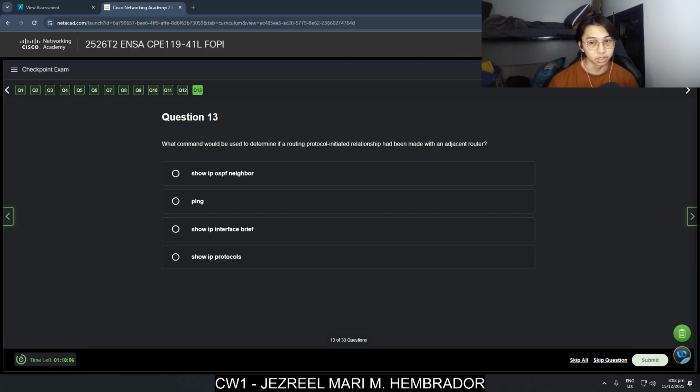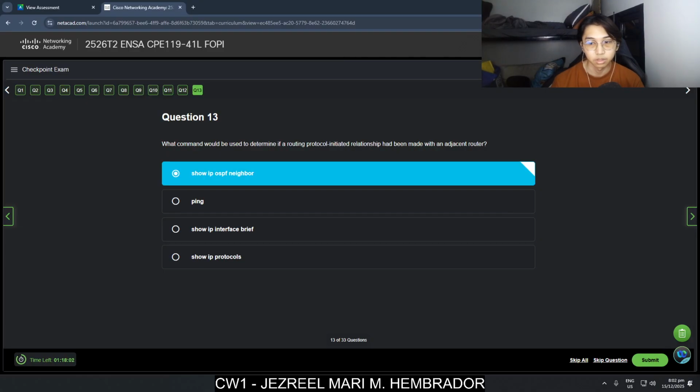I think that would be show IP OSPF neighbor, because the show IP OSPF neighbor command shows if two adjacent routers have exchanged OSPF messages in order to form a neighbor relationship.